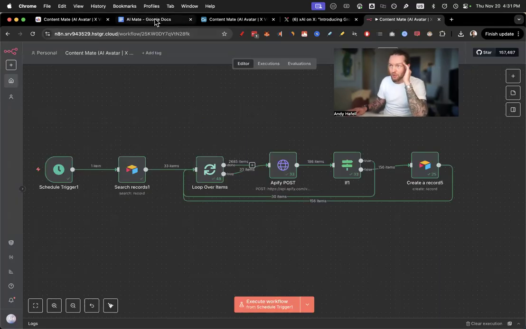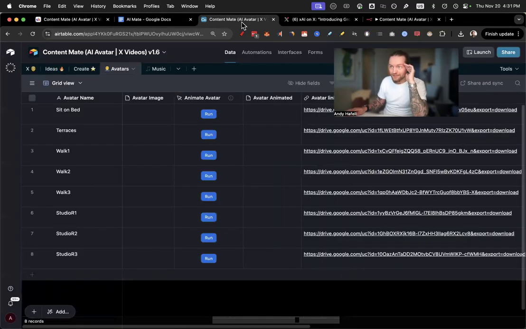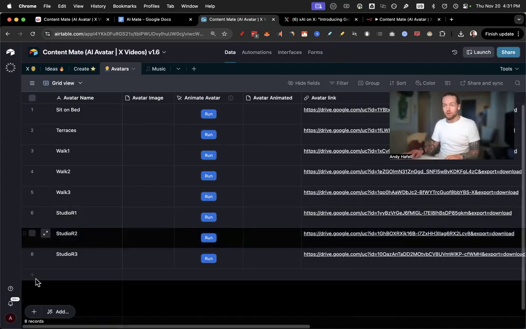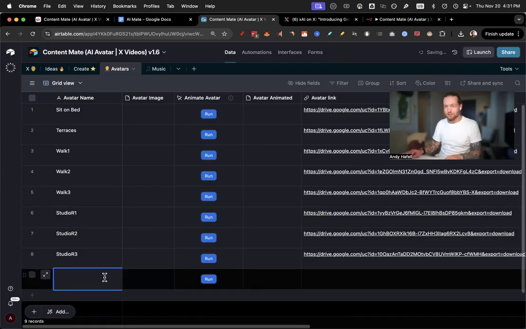So again, I told you guys, if you want to have your face and if you want it to be a clone of you, you can do that. If you want it to be an avatar that is not you, and you want it to be literally like an AI girl or something like that, you can do that as well. All you need to do is to click on this button here, write the name like Katie, then you can go into your favorite Krea AI,